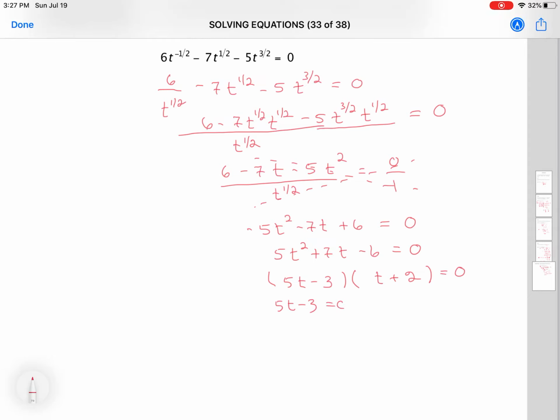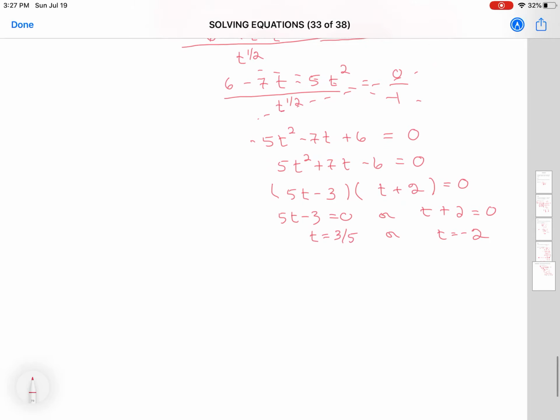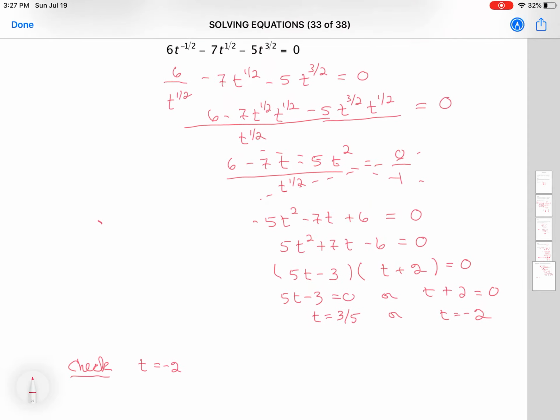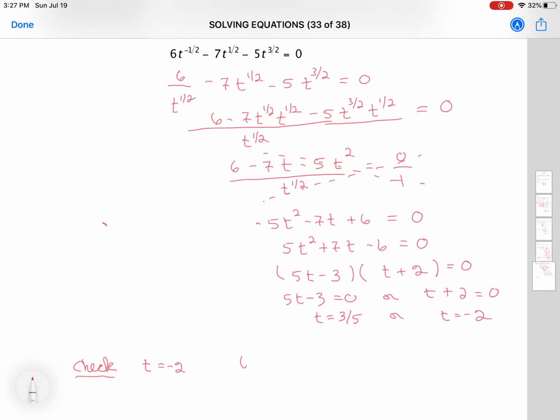So basically what I have there is that either 5t minus 3 is equal to 0, or t plus 2 is equal to 0. So either t is 3/5 or t is minus 2. Well, that is definitely going to require some sort of a check. So we are going to take a quick look at what happens. Let us start with t is equal to minus 2. So what do I got here? At the beginning of this thing, I got